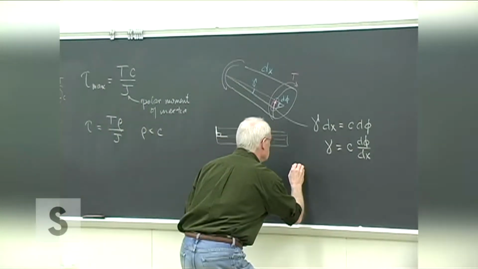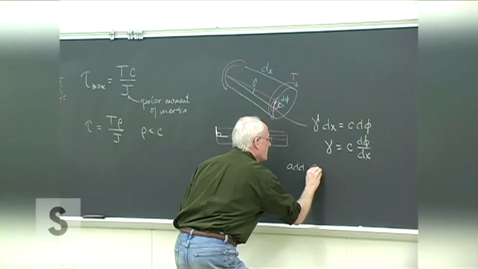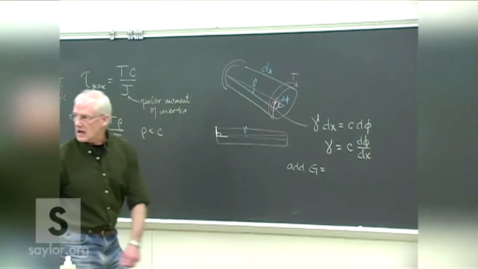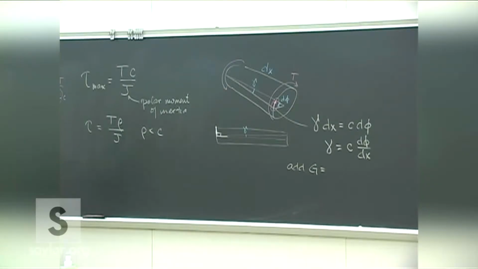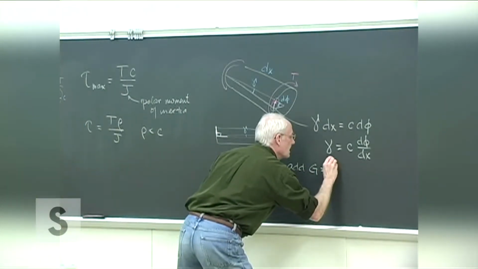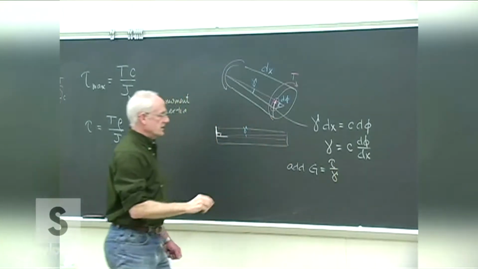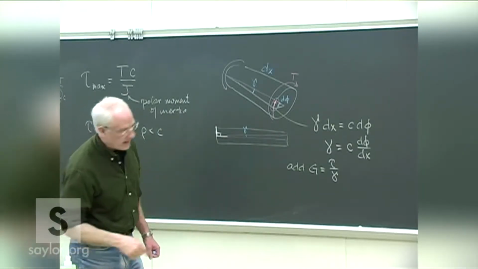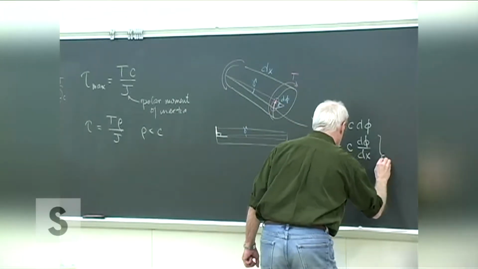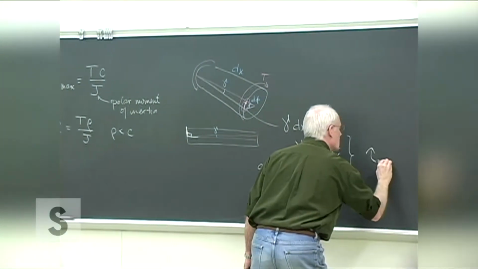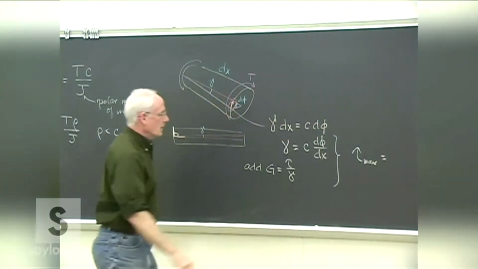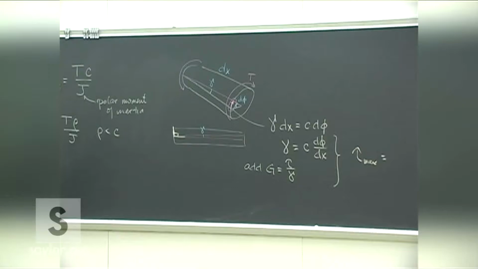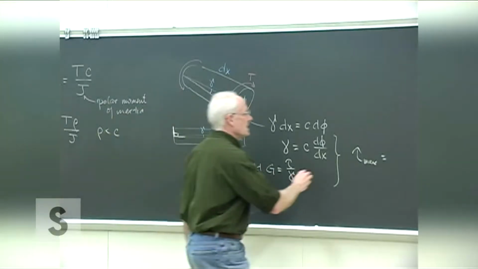Remember that we've got this material constant we call the modulus of rigidity, which is the shear stress over the shear strain. So we can put that in, and combining those two, we get that the maximum shear stress is equal to